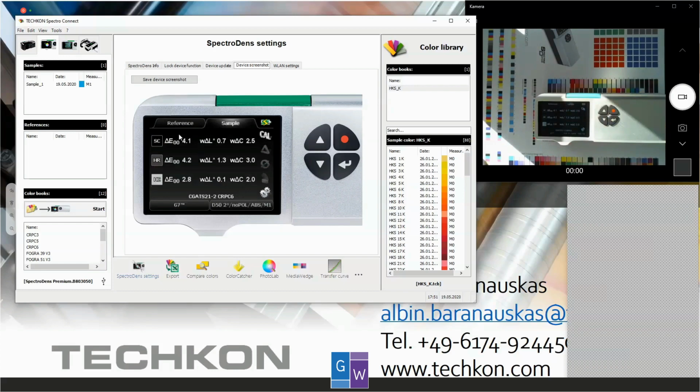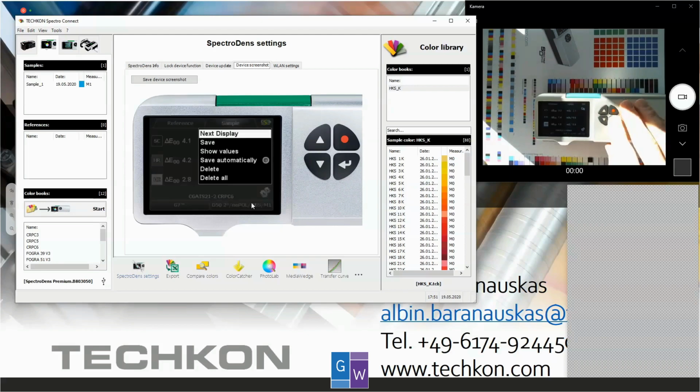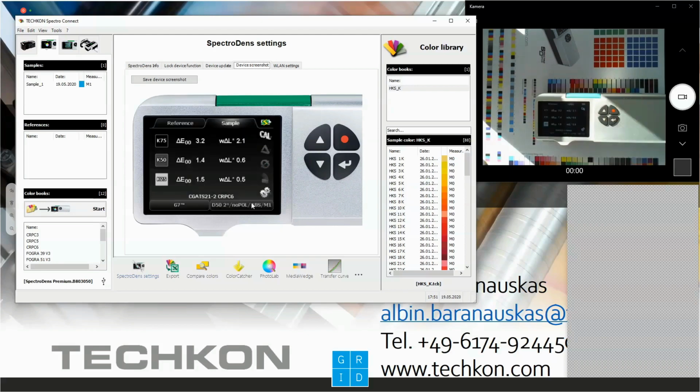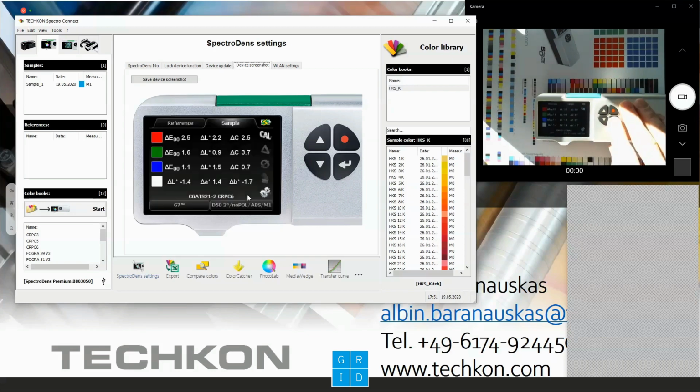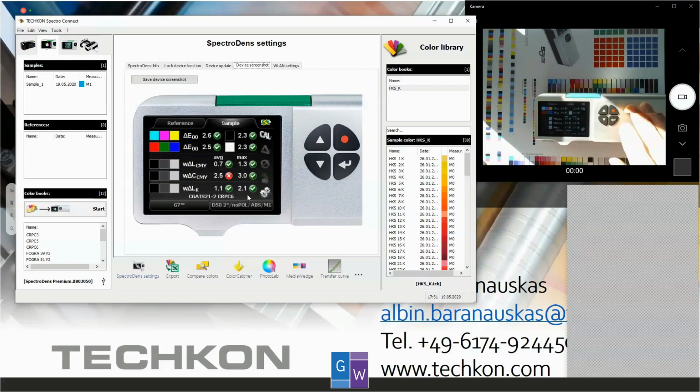So also here we see the delta E, the weighted delta L, and the weighted delta C. And the next step, we have the gray patches, the weighted delta L, and also the delta E. So quite easy and fast to do an analysis, trapping patches and paper white, and get all the results in one view on the display. So this is how we are working